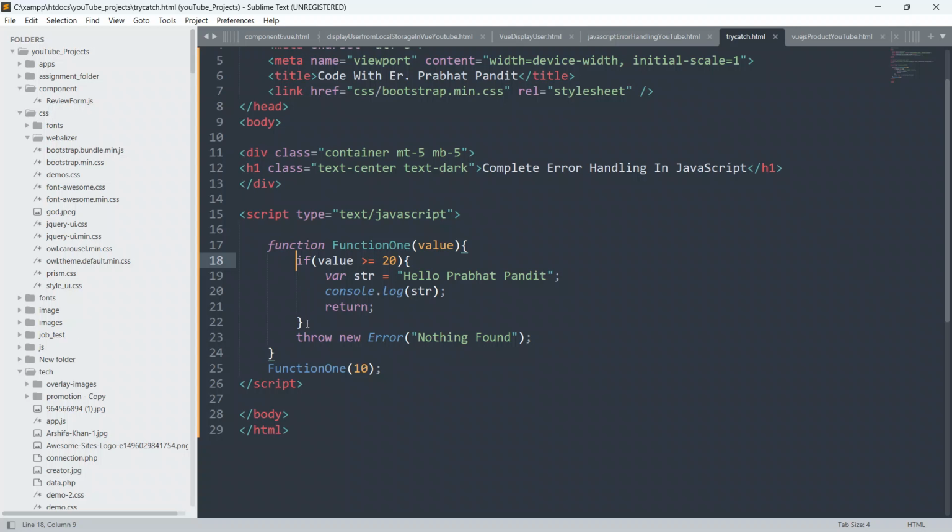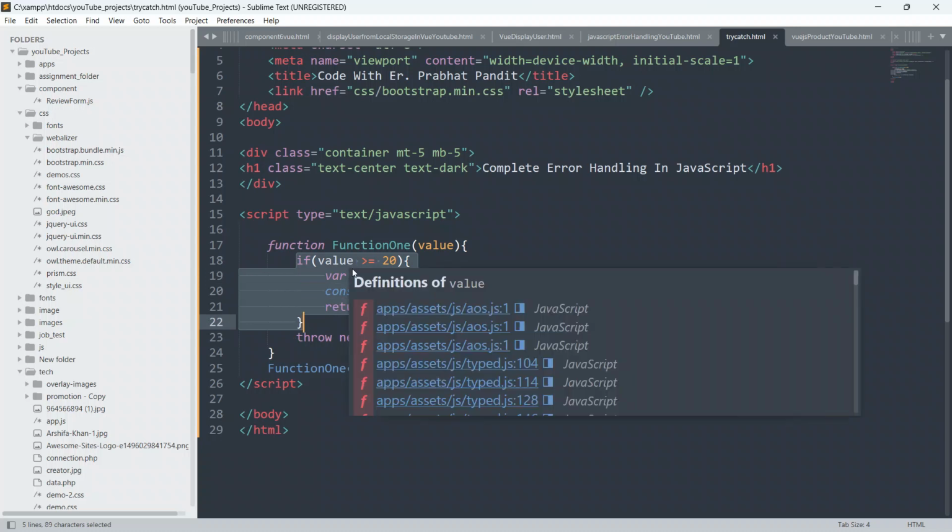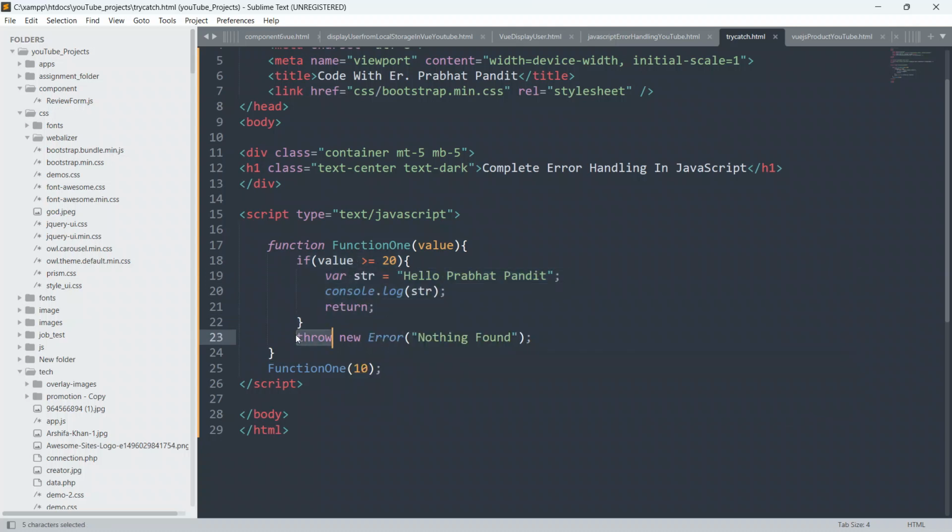Now the condition has failed, so the control will directly come to this throw new Error, and we will get an error, nothing found, because this if block of code will not run as the condition is false.